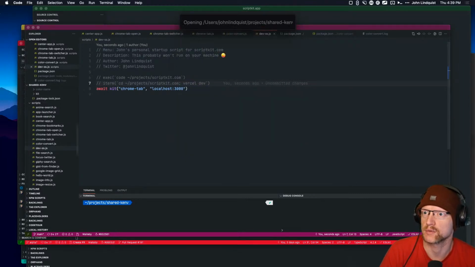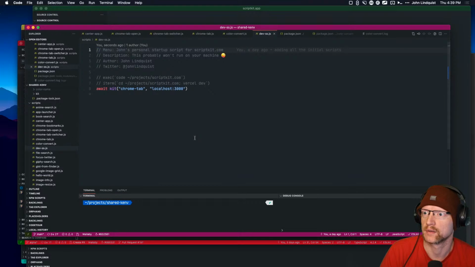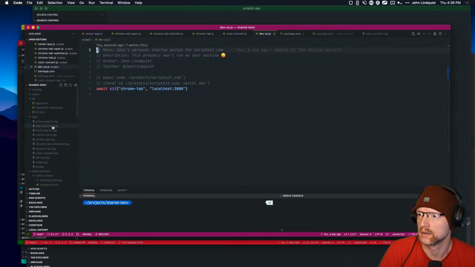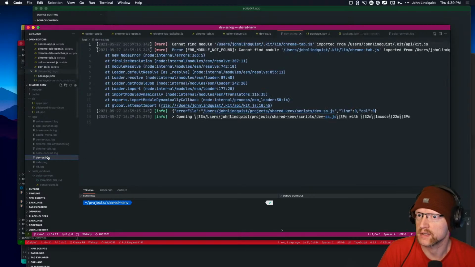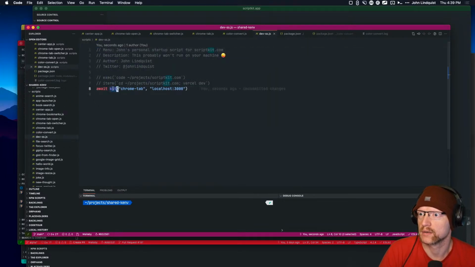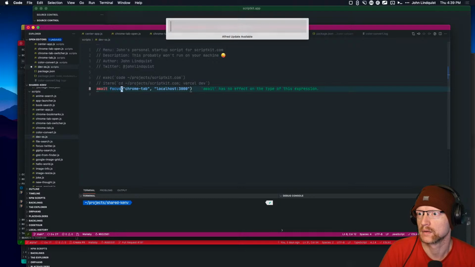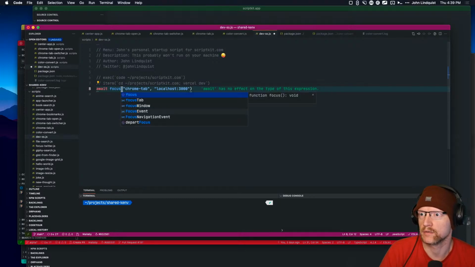John's personal startup script. And there's going to be dev SS is going to error out saying it cannot find Chrome tab. Yeah, this is what I thought. So yeah, this will be focus tab with